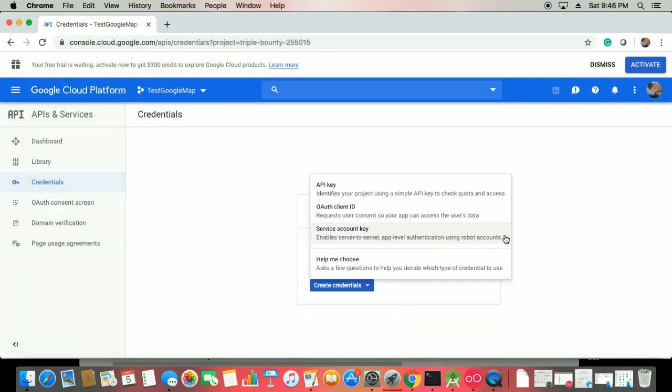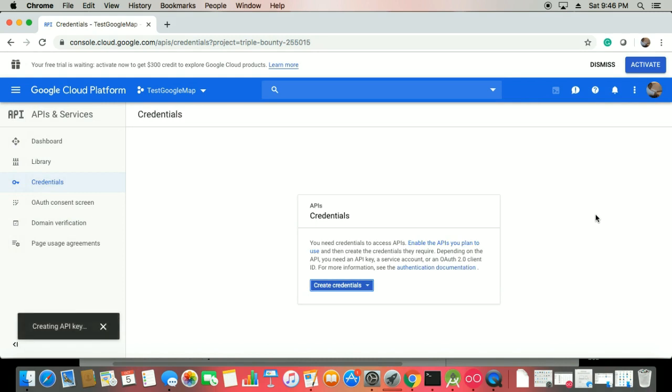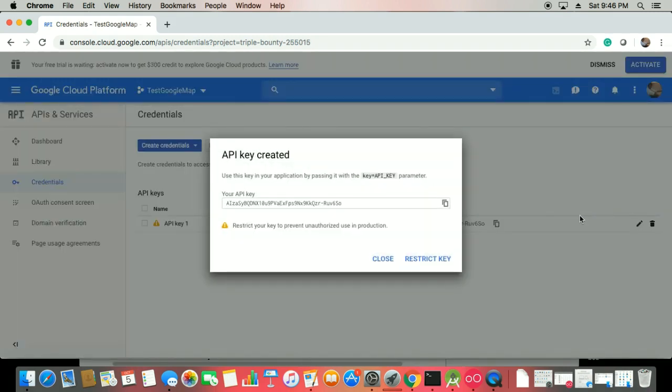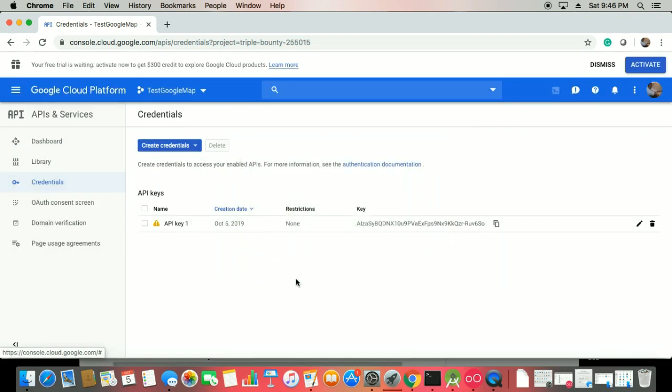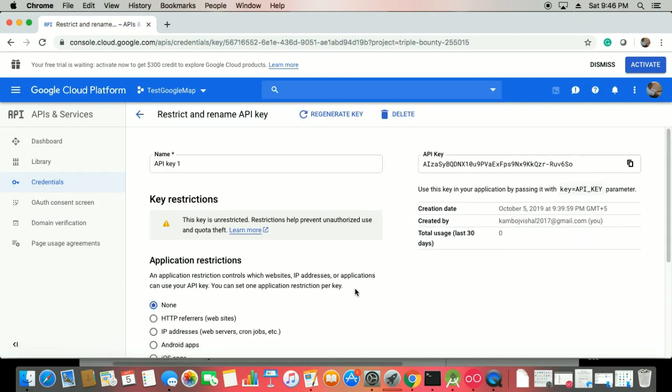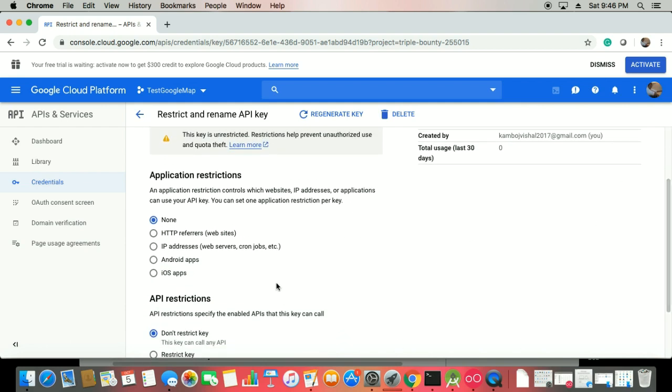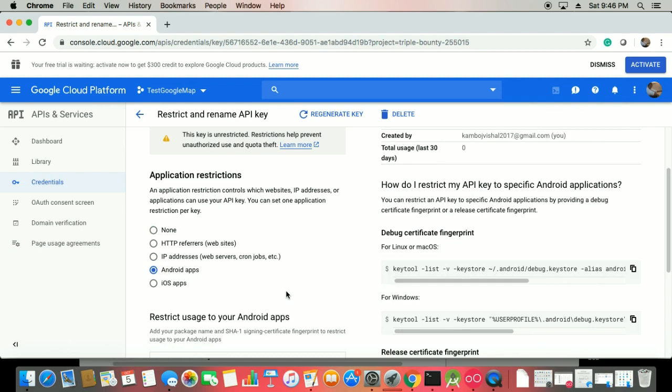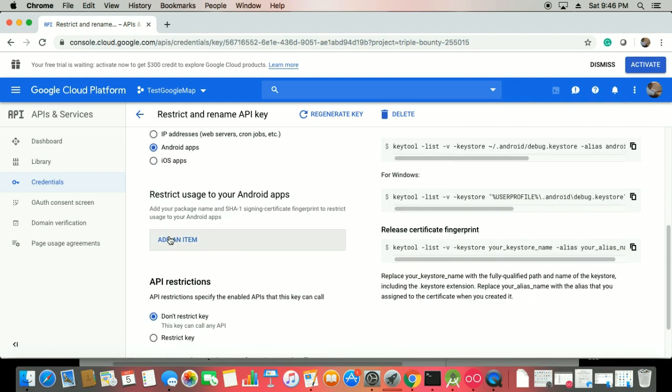You have to create your credentials, that is your API key, and you can copy this key, close it, and click on this API key again. Once it's created, because you're working on Android apps, you can work with this, and you can add